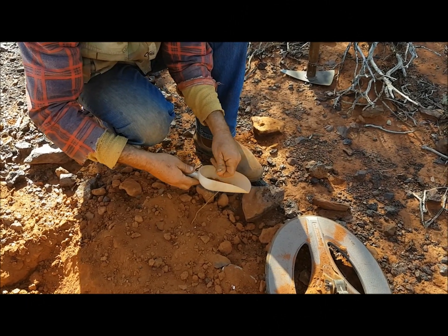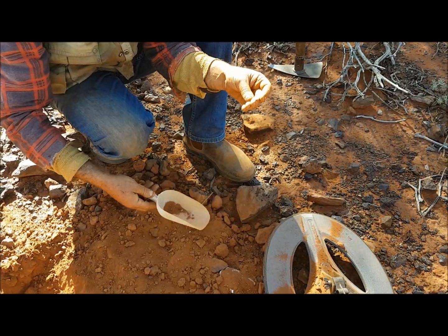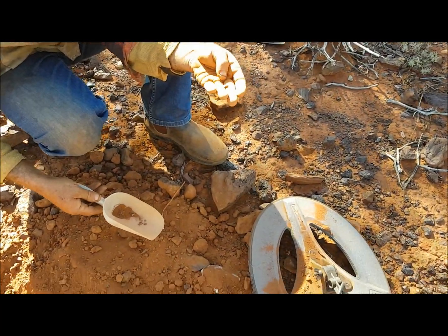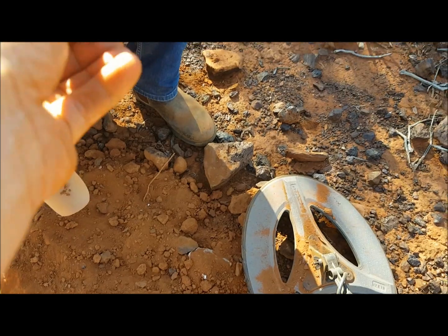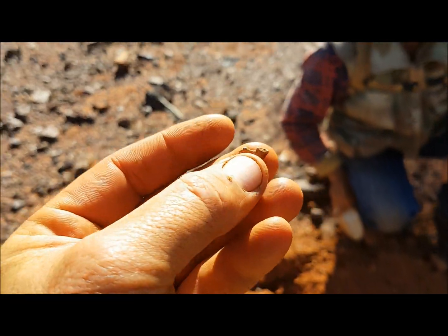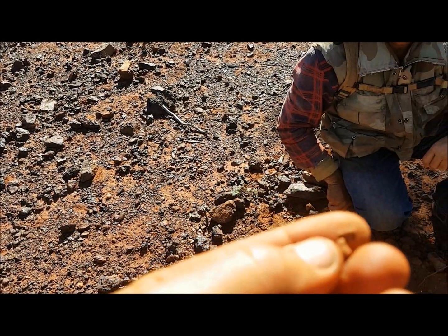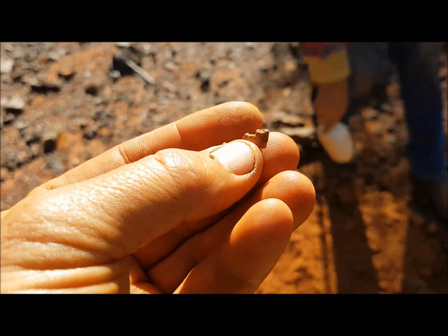There he is. What was it? 2 grammer? Biggest nugget for the patch. Well done. It's getting bigger, so the bigger stuff might be up the hill. Smoothie. Yep. Have a look. Let's see,